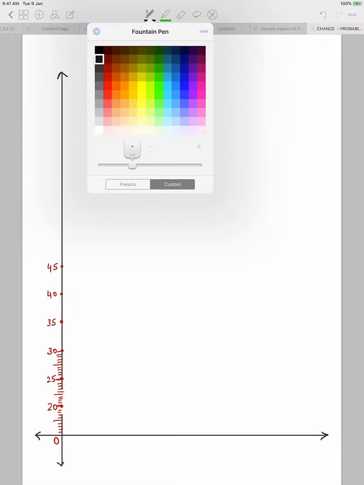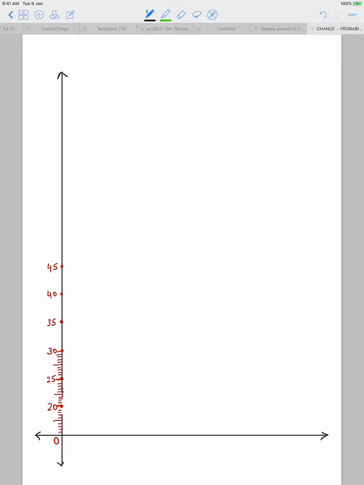Alright. Now what? Now look at the table. In Ahmedabad, the maximum temperature is 38 degree Celsius. So can anyone tell me where 38 will lie? First of all, it will lie between 35 and 40. So again I am marking the small lines. 1, 2, 3, 4, 5, 6, 7, 8, 9, 10.